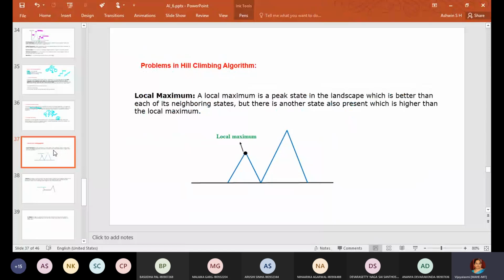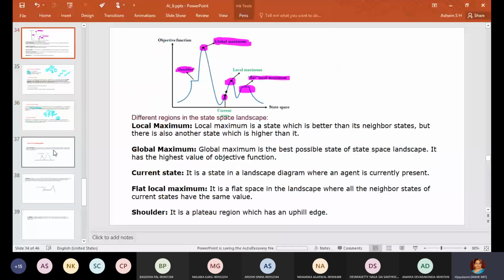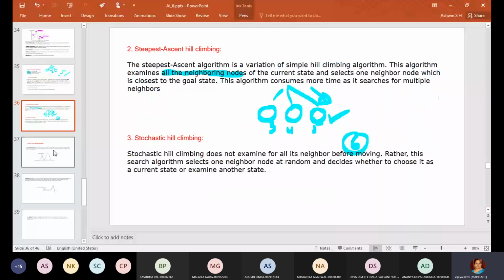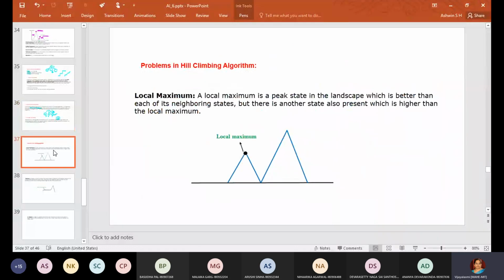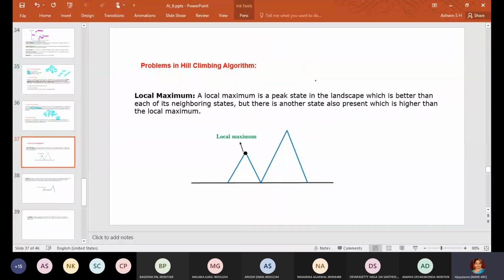Now, after explaining this, let me tell you the problems associated with the hill climbing algorithm. Say we have a simple hill like this. The first is the problem of local maxima.